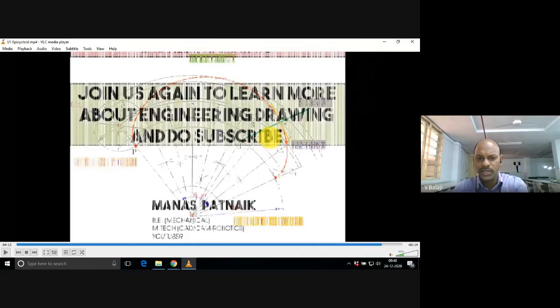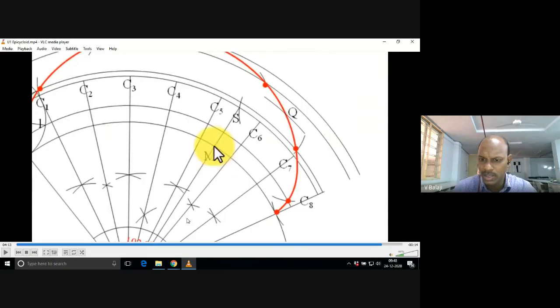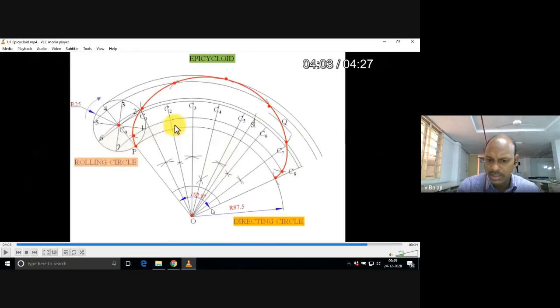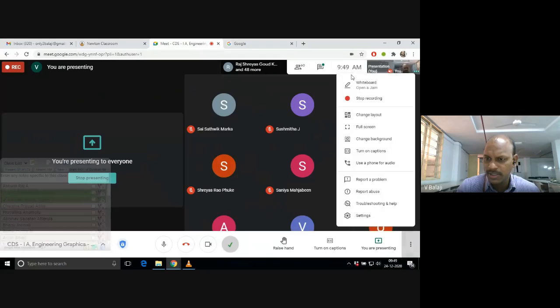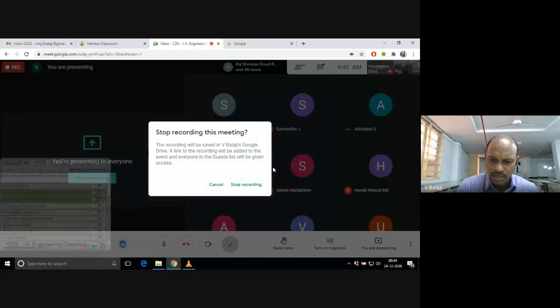In this way you can draw the normal and tangent on the curve at any given point, or you can choose any point if nothing is mentioned in the problem. Okay, now can you